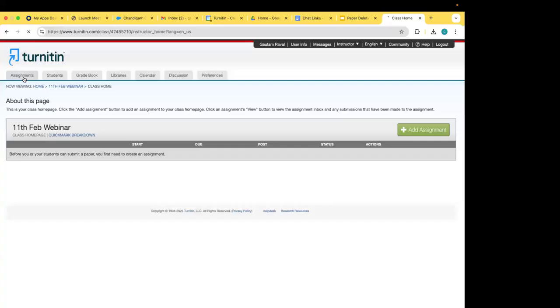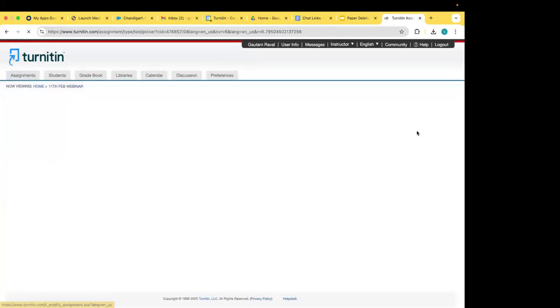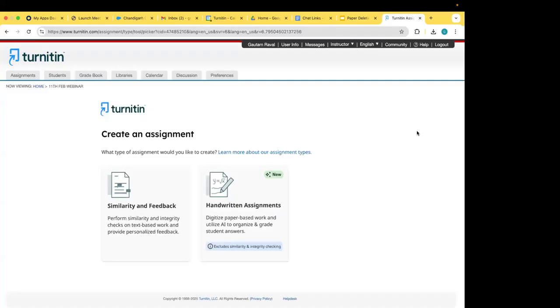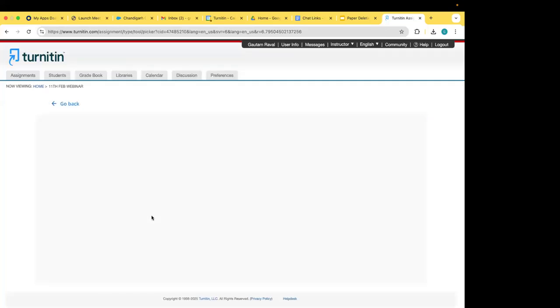Now, when I click on assignment and click on add assignment, this is a very crucial step to look at. This is where most of the instructors set up the standard paper repository, even if they want to check the same paper multiple times. So we select similarity and feedback. And once we select similarity and feedback over here,